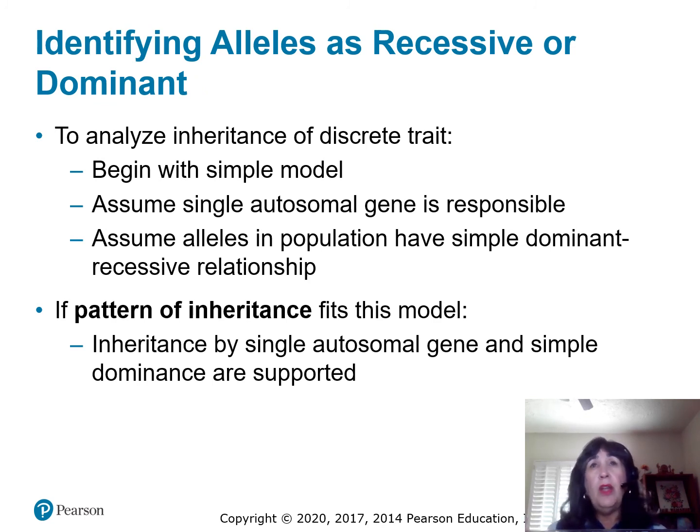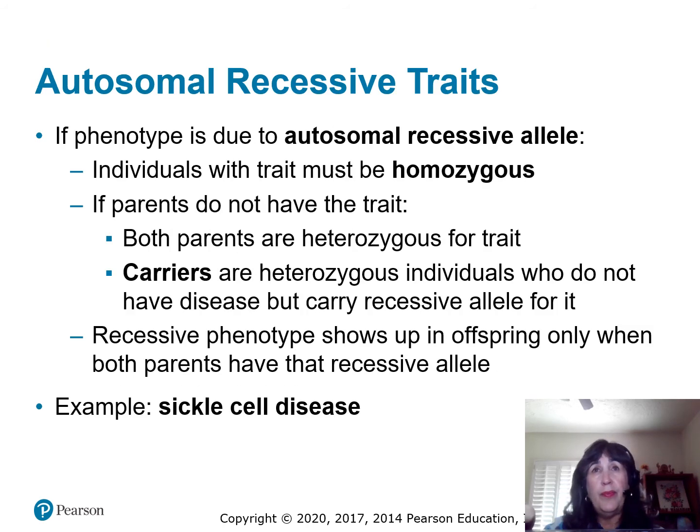So we can analyze pedigrees in different kinds of ways, but I would like to focus on autosomal traits. That means non-sex traits, those that are not linked to your sex chromosomes, XX and XY. The first example is an autosomal recessive allele. Notice that it's a recessive trait, which is a small letter, and you need two alleles for the trait to be expressed, and autosomal means that it's on a non-sex chromosome.